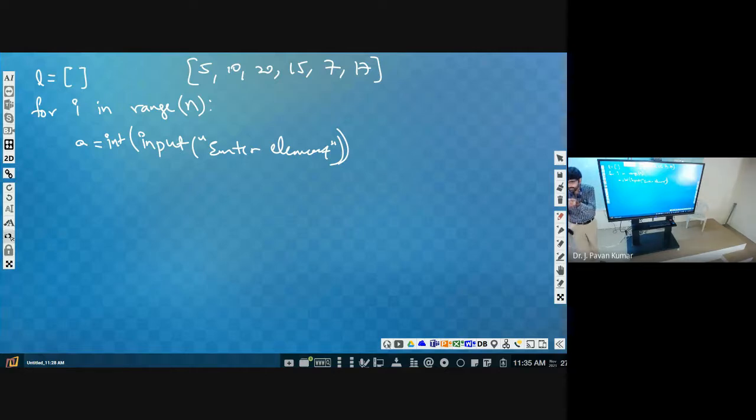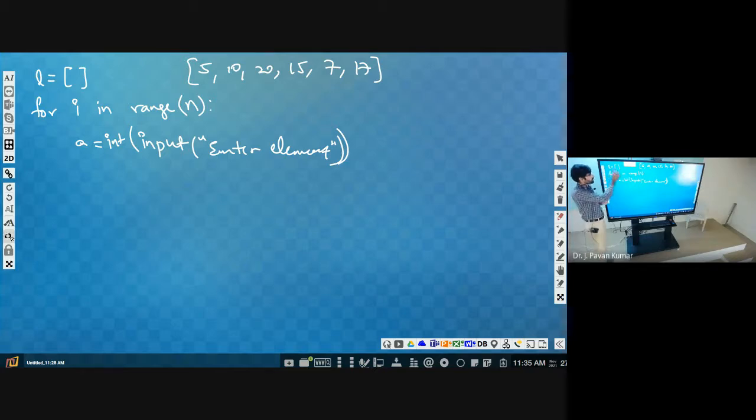Then we are indicating that L is a list. If you assign a is equal to 5, then a is an integer variable. A is equal to 2.7, then a is a float variable. Like that, L is equal to empty square brackets, then we can say L is a list.